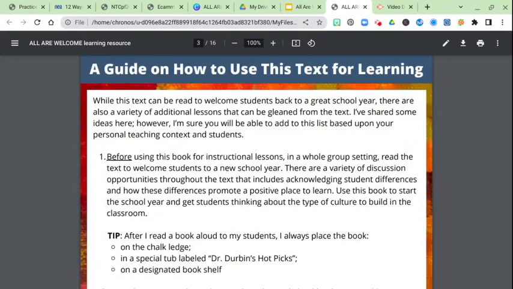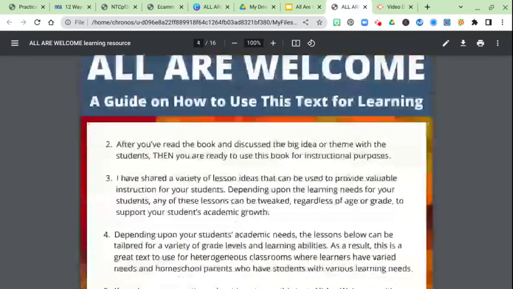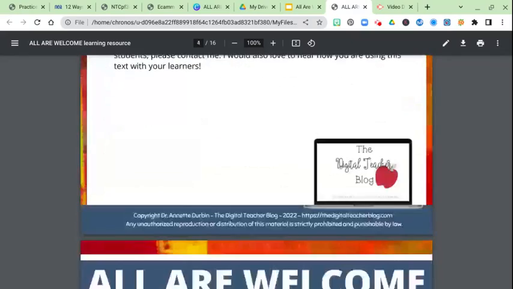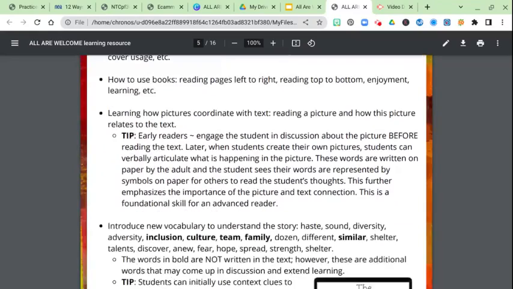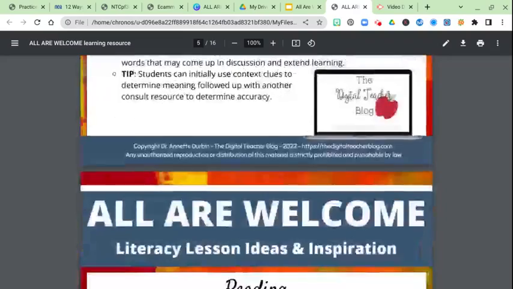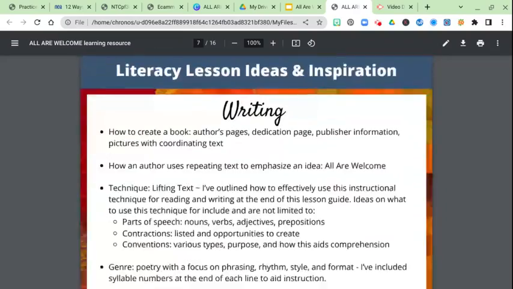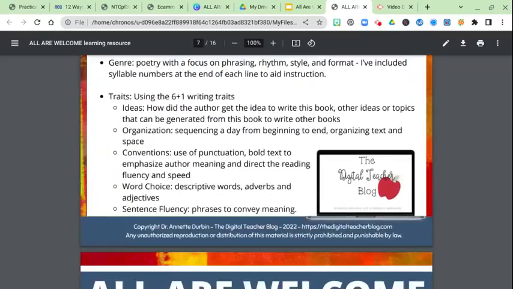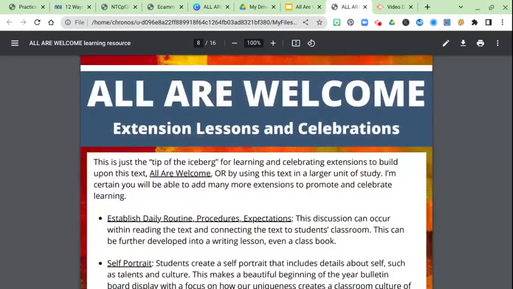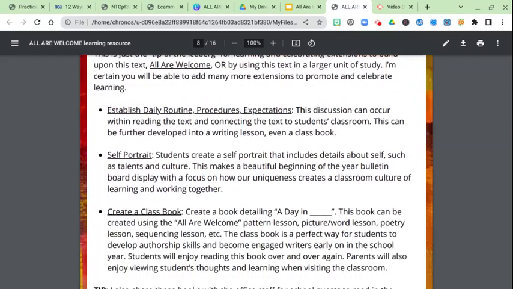Scroll down through this resource. I have a guide on how to use this text for learning. And I have special tips sprinkled throughout to assist you. And here we have some literacy lesson ideas and inspiration, focusing on reading, and then also more reading, and then also some ideas for writing as well. And incorporated into writing, I do have some word study lessons in there. There are also extension lessons and celebrations that you can use